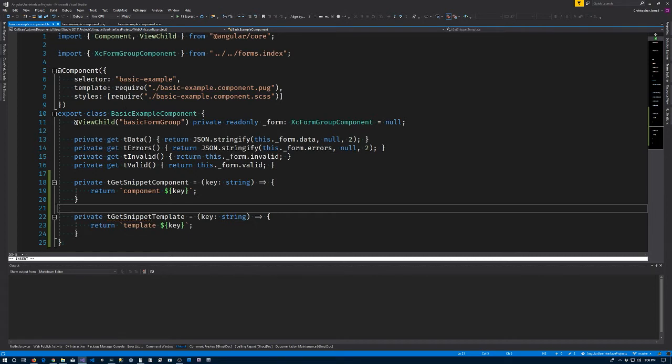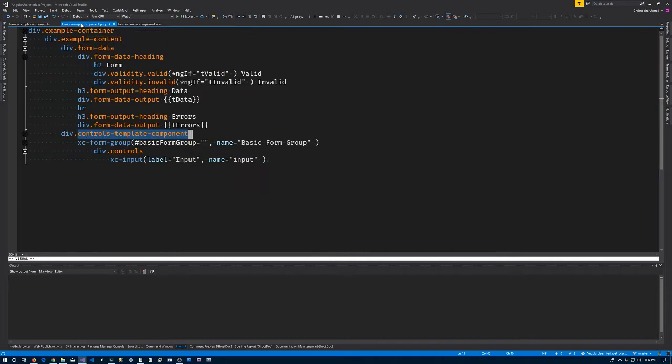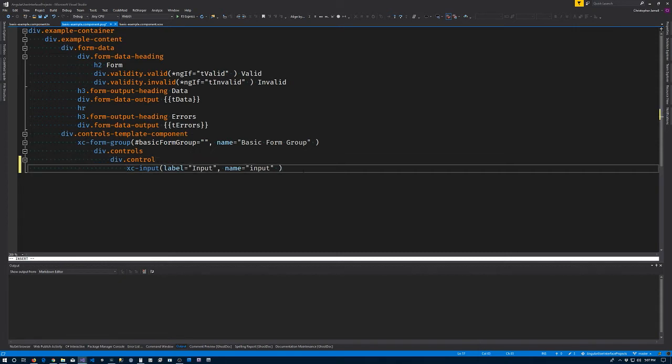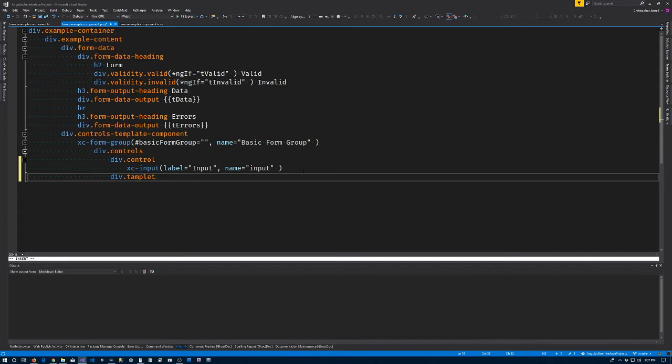Next thing we're going to do is to add this to our pug file, or the basic examples template. So again, we're on the right hand side of things, and I have the controls, all that's good to go. But we're going to come down here, and inside of there we're going to say, I wonder if that's going to work out in the long run, but we'll do it anyway. So div dot, we're going to create a new control div. We'll move our control over there. We'll make another one which is template,